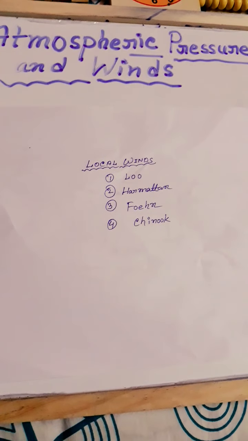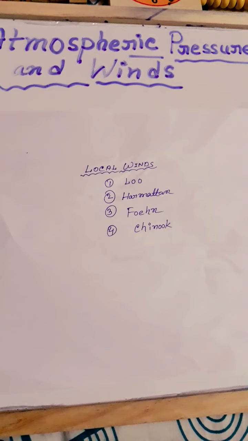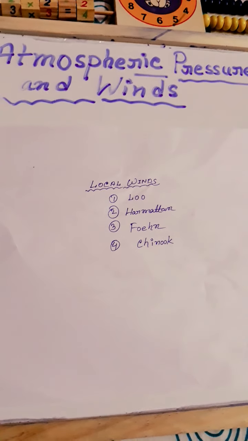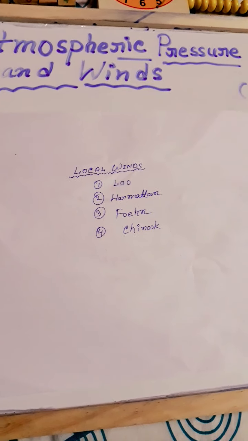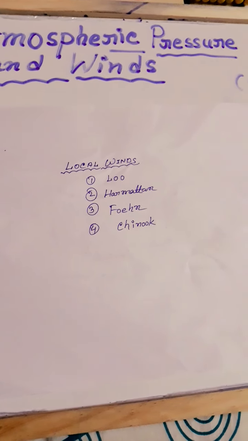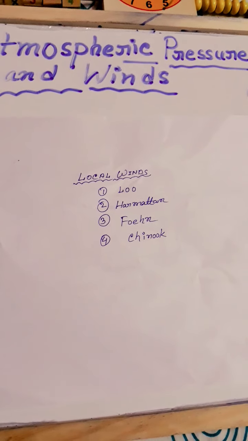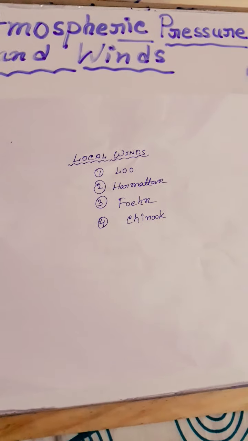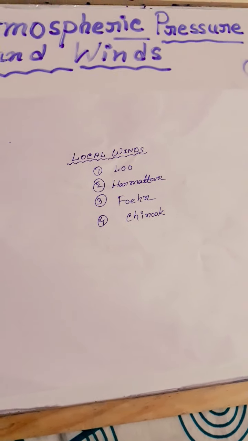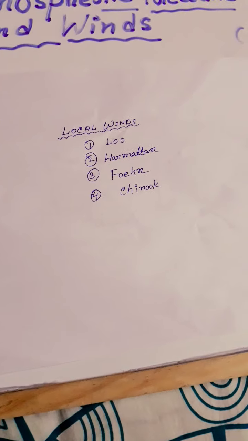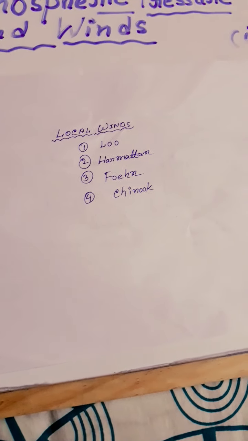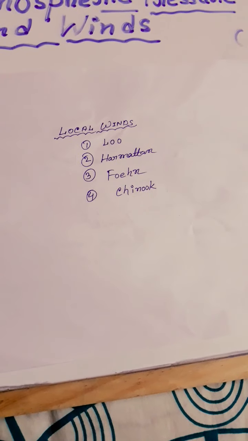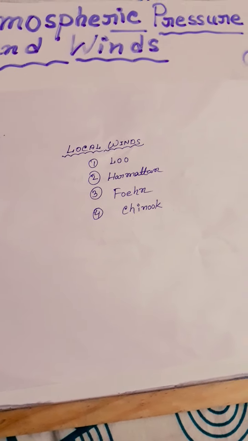So these are the main things of our chapter, atmospheric pressure and winds. From this chapter we have to read the pressure definition, the unit, different types of instruments used for measurement of pressure, and different types of factors which influence atmospheric pressure. Also the pressure belts, their diagram you have to practice, and their distinctive features we also have to read, and then winds, different types of winds like periodic, permanent and local winds. So I think the chapter is clear. Although if you have any problems about this chapter, then you can contact us further.